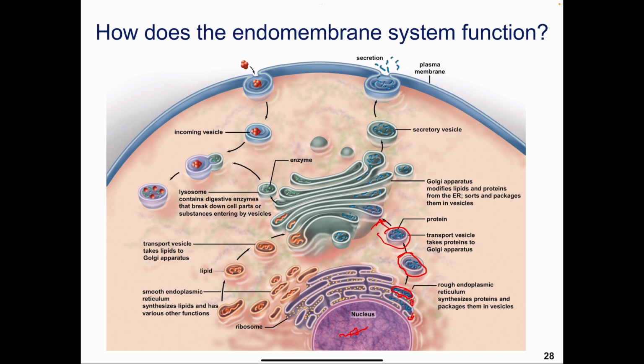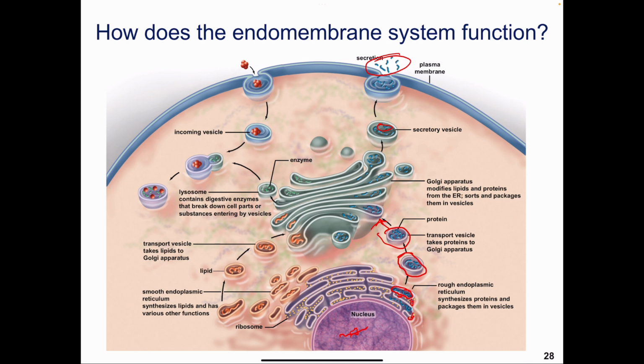There are three possible outcomes to these proteins that are synthesized through the rough endoplasmic reticulum. One is that these proteins can end up outside of the cell, right? A good example of that is an antibody that is produced by a white blood cell that is released outside of the cell. That is a good example. Another